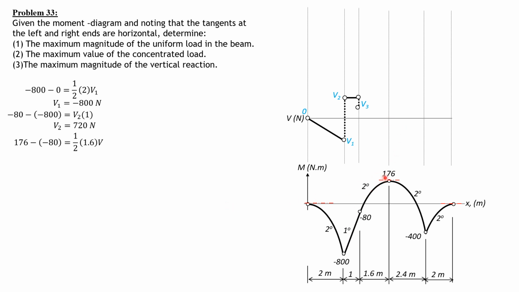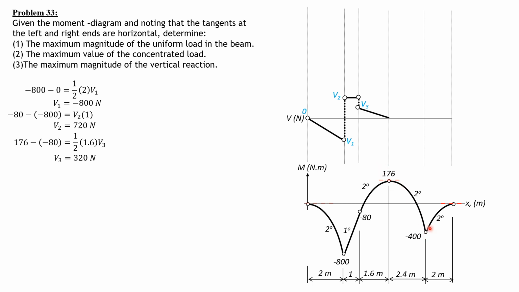So 176 minus negative 80 is 1/2 of 1.6, because this is triangular, times the 0 ordinate here, because the tangent is horizontal, times V3. So V sub 3 is 320 newtons. So it is correct that the shear drops from V2 to V3. That's the figure. Then between this point and that highest point, we have negative increasing, or negative 400 minus 176